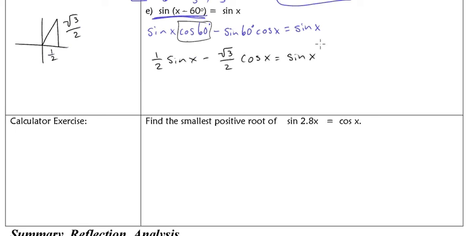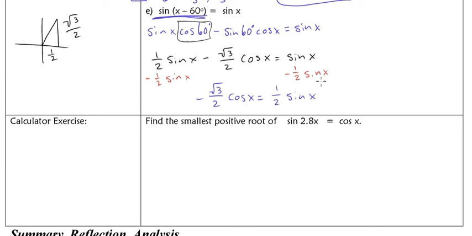All right, so we've broken it down into those individual pieces. Let's get our sines together. So let's subtract 1/2 sine of x from both sides. And that'll leave us with negative square root of 3 over 2 cosine of x is equal to 1/2